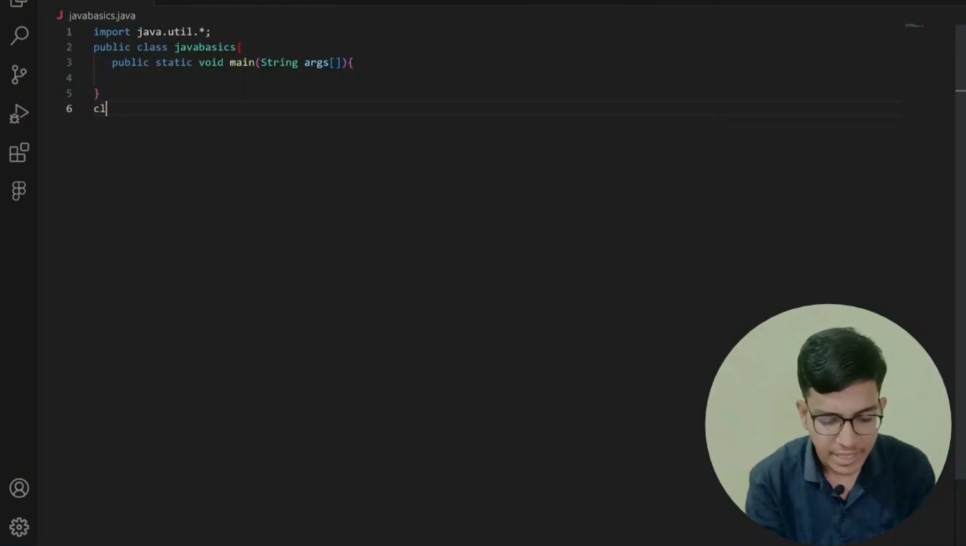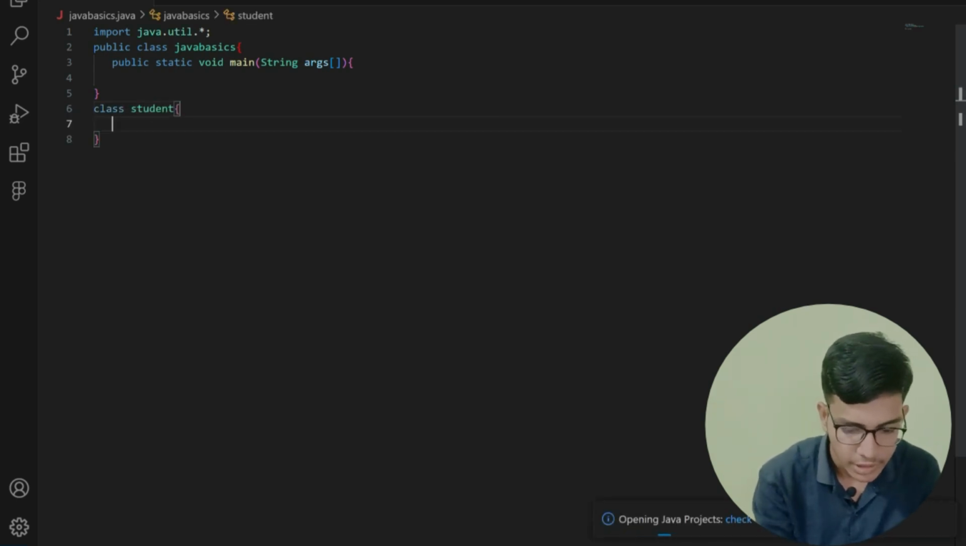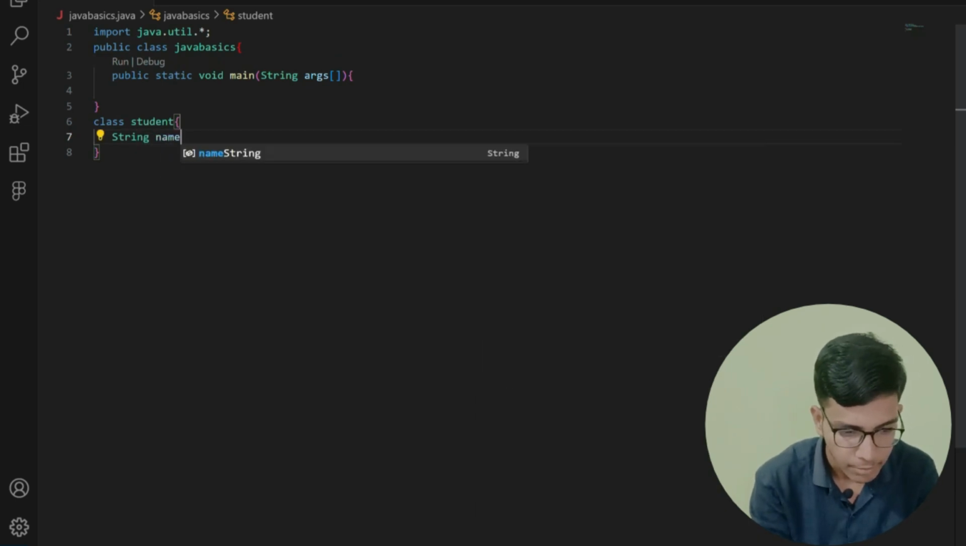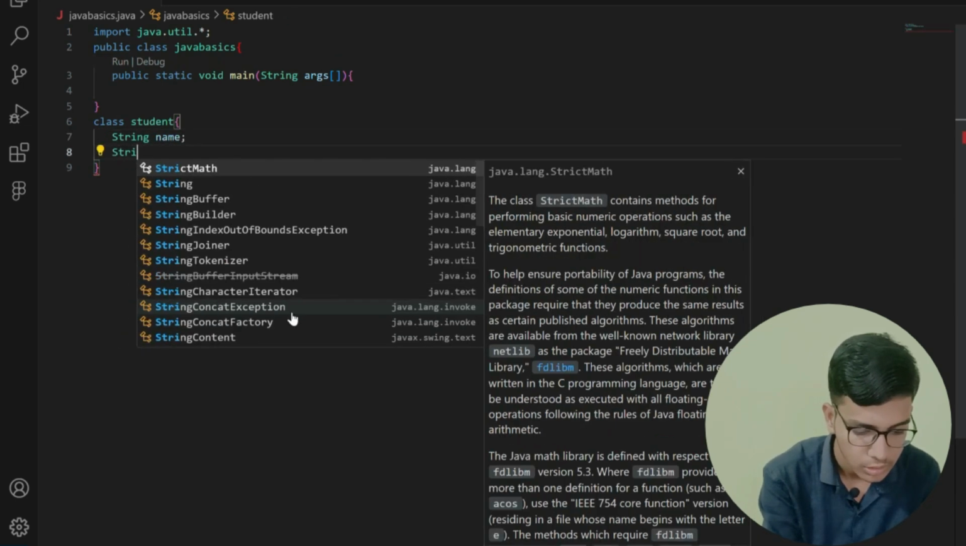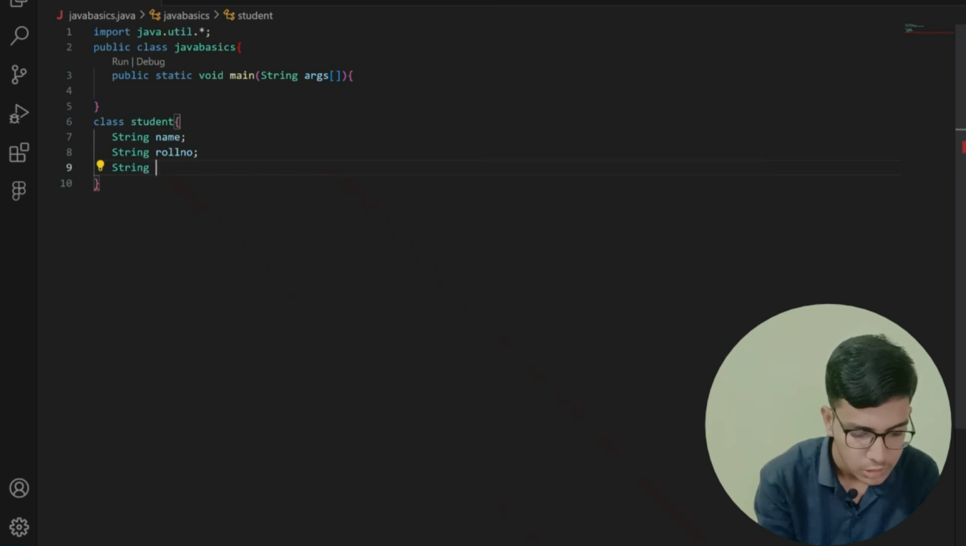Now first of all let me create my class student. In the student class we are going to create a string name, after that string roll number, after that string